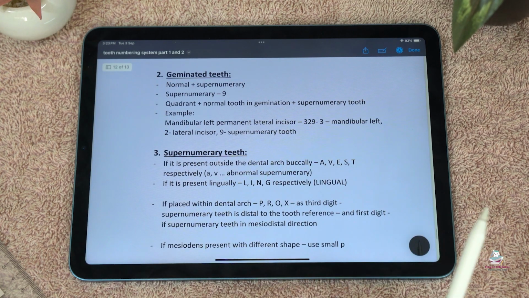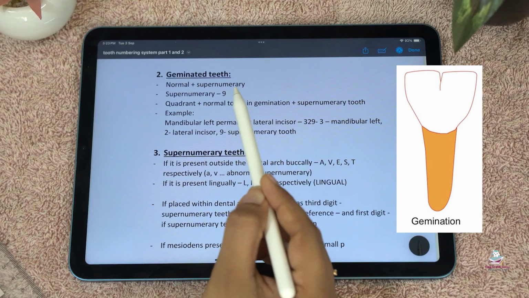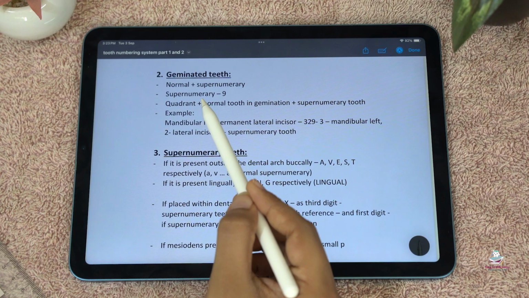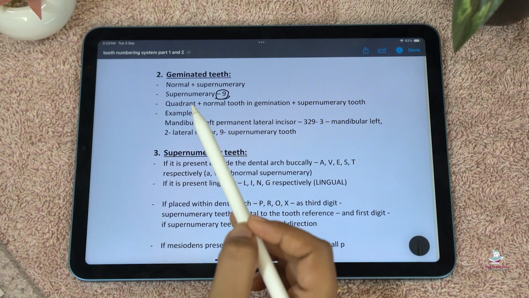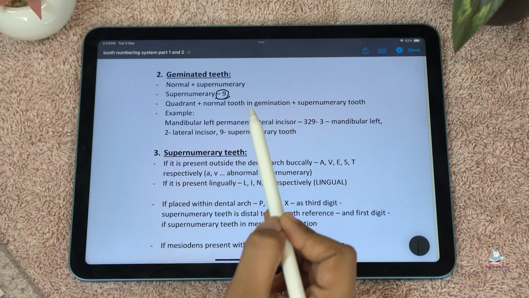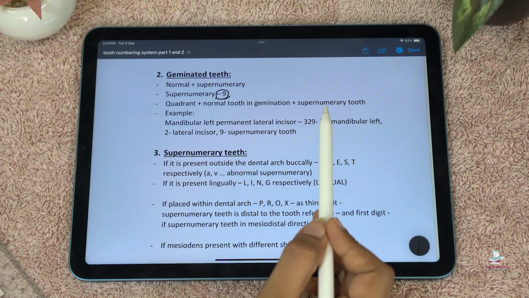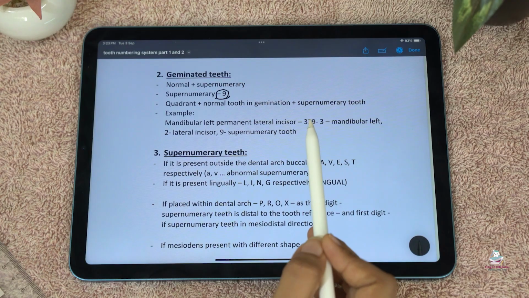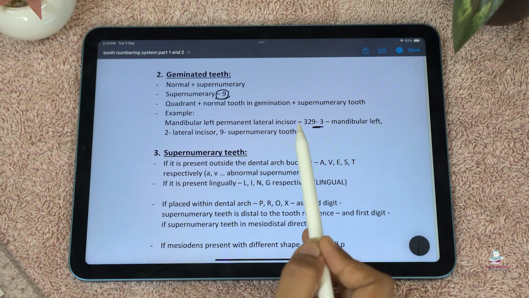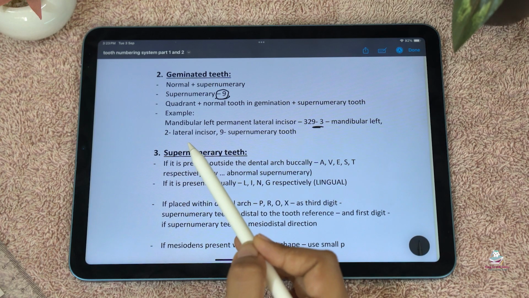For the geminated teeth, meaning normal plus supernumerary teeth, the supernumerary tooth is indicated as the number 9. So first you have to write the quadrant, then the normal tooth in the gemination and the supernumerary tooth. For example, mandibular left permanent lateral incisor: so 3, 2, 9. 3 is used for the mandibular left, 2 is used for the lateral incisor, and 9